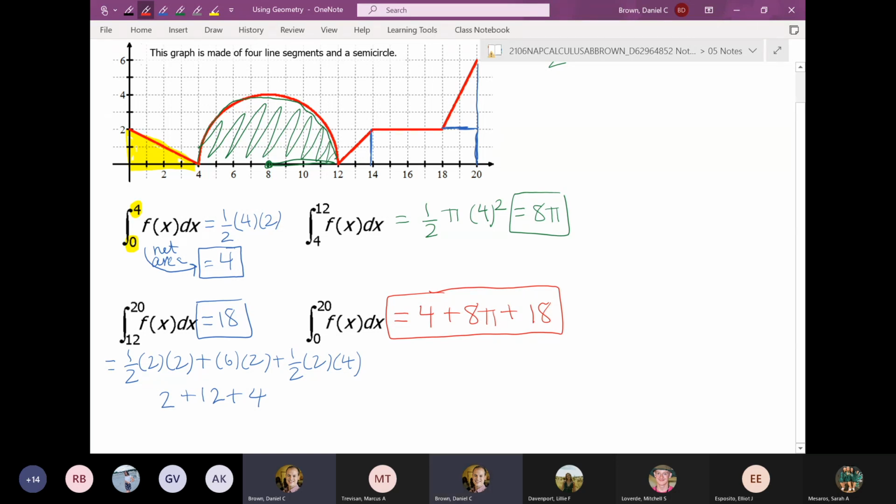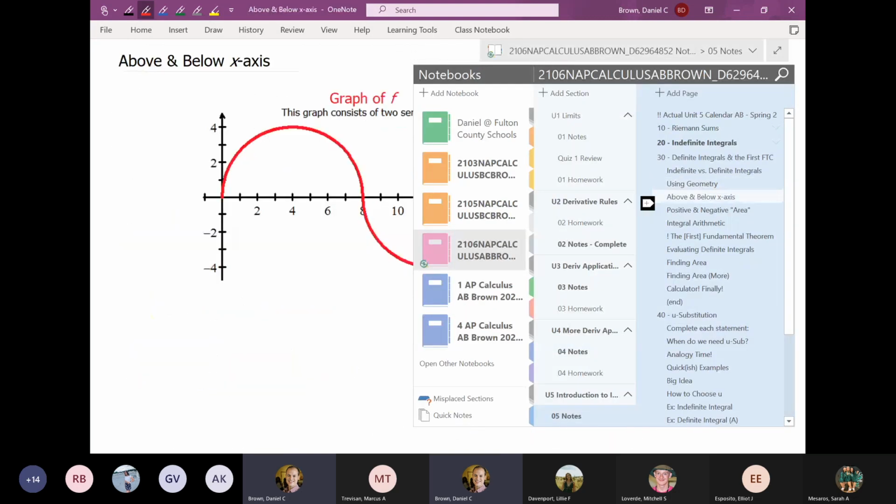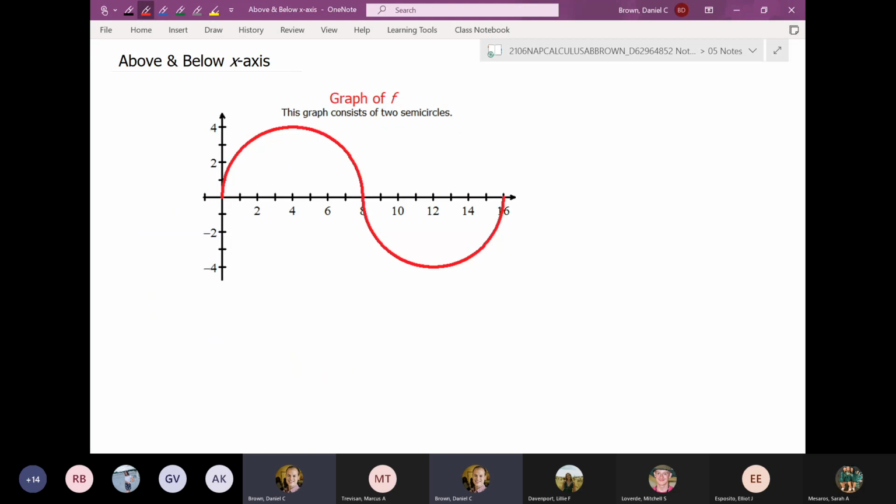All right, so I'm going to keep continuing with this idea of just looking at area because we know that sometimes functions can look different. The next example I want to look at is when the graph goes below the x-axis. Like we know not all functions are always going to be above the x-axis. Big idea that we're going to add to what we've looked at is when we are moving forward, and when I say moving forward, I'm talking about zero over here, and we're moving along the positive x-axis in a positive motion. When you're moving forward,